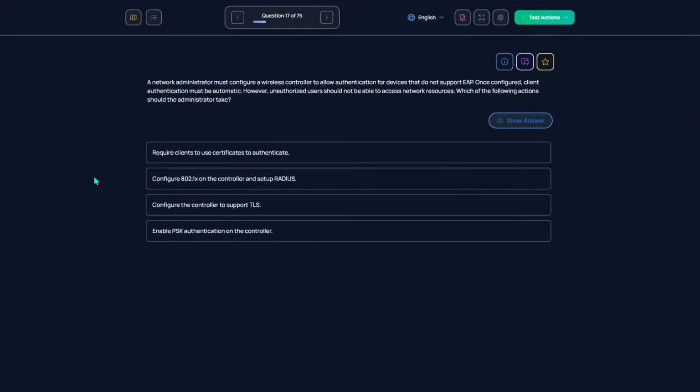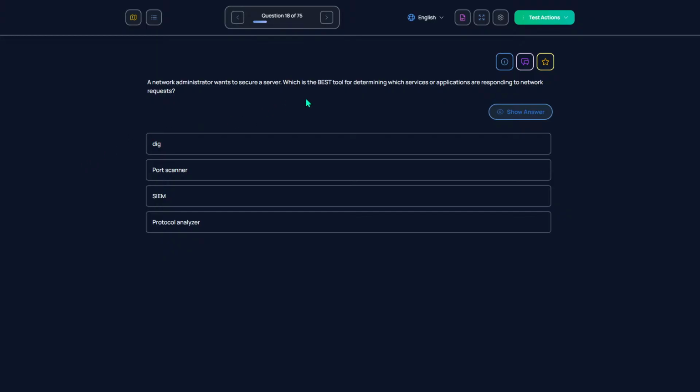A network admin must configure a wireless controller to allow authentication for devices that do not support EAP. Once configured, client authentication must be automatic. However, unauthorized users should not be able to access network resources. PSK authentication on the controller.